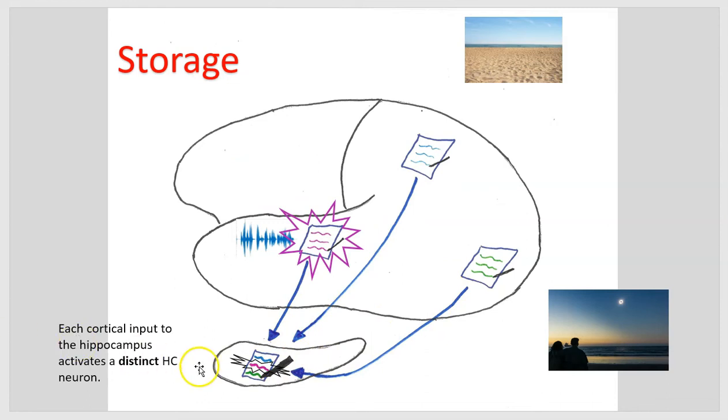Now, in the hippocampus, there are hippocampal neurons, just a set of them, not all of them, but some particular pattern of hippocampal neuron activation. And the idea is that the particular properties of the sound of the environment will activate a certain set of hippocampal neurons. The particular quality of the feel of the sand on our feet will activate yet a different set of hippocampal neurons. And the particular quality of what the scene looked like will activate yet another set of hippocampal